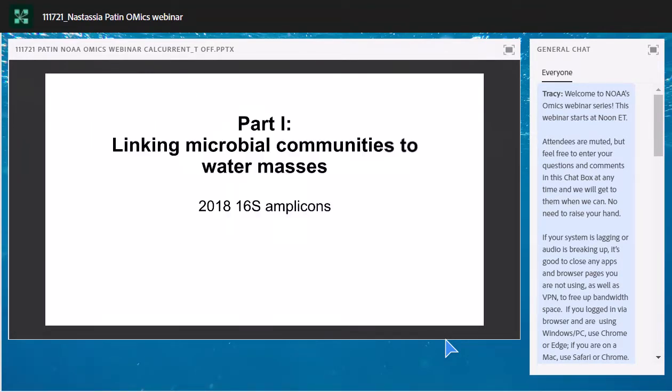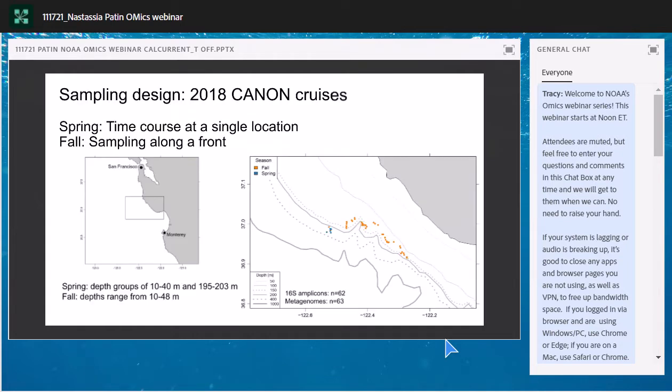You don't have a sense of actual cell counts or biomass. And of course, as with any molecular method, there are some amplification biases. Despite that, it's been a really, really useful method for community overviews. So with that in mind, the first part of my talk will be linking microbial communities to water masses,